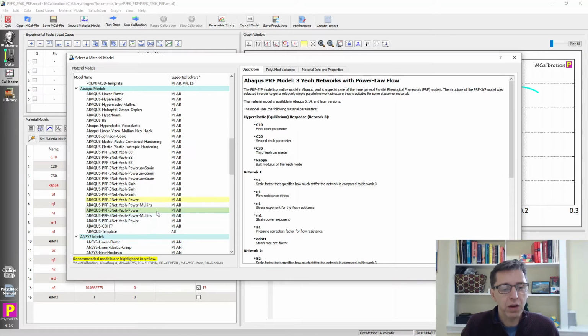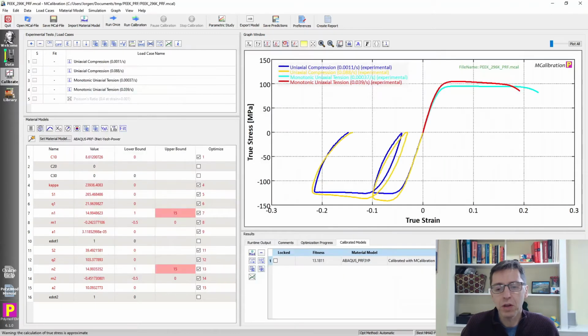It's highlighted in yellow here, the 2 kinds of options that I recommend, unless you have very specific reasons. Otherwise, I would pick either the 2 network Yeoh power, if it's a rubber-like material, perhaps also the BB model as I mentioned earlier, or the 3 network Yeoh power. So in this calibration, this is a stiff thermoplastic material. So I would recommend the 3 network PRF Yeoh power version of it. We talked about the equations. So you would select that, you would then run the calibration, and then after a little bit you will get the